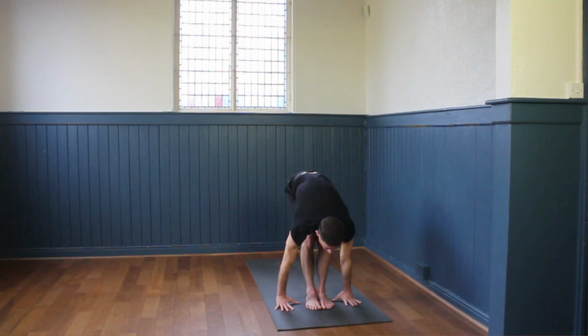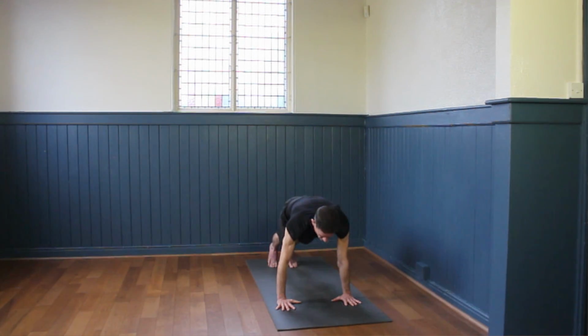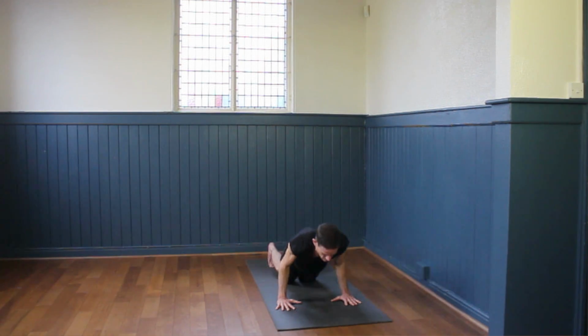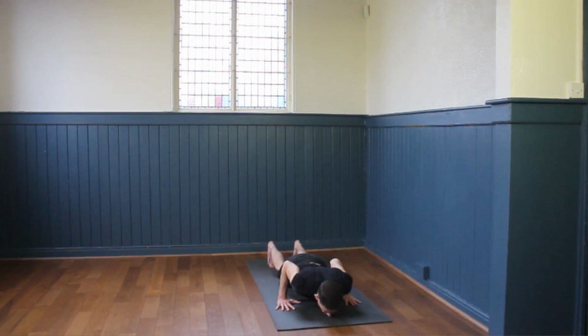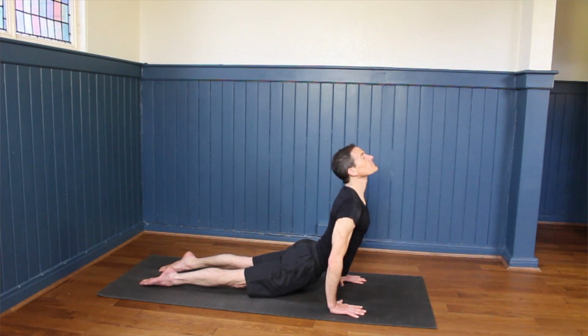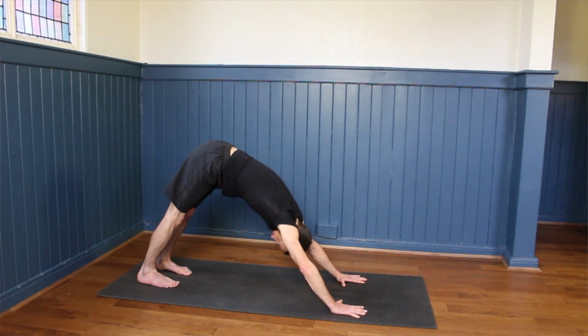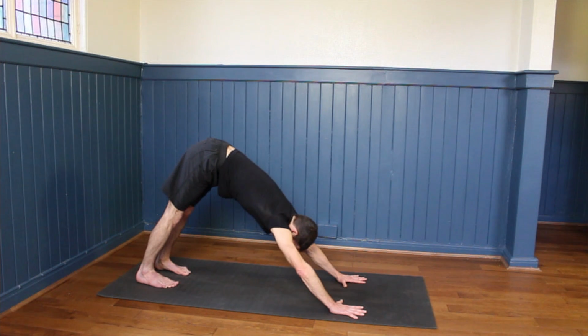Before exhaling, bend the knees, plant the hands down nice and wide and step the feet back, elbows in, push into the ground as you lower down, knees down, chest down if you need to. Inhale, rolling onto the tops of the feet, roll the shoulders back, upward facing dog. And as we push gently back to our downward facing dog, hips up and back, maintain this stillness for 5